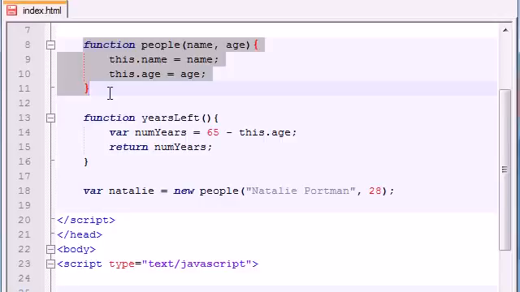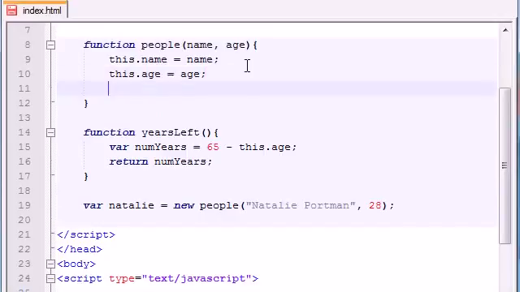Simple enough. But it's saying, alright, here is the blueprint for the object, so how does this object know to use that function? Well, it doesn't just yet, so that's what we have to do in this next line of code. In order to tell this object that we want to use this function, or in order to tell it that this function is not just a random function, we actually want to associate it with this object. Here's what we need to do. Just like every other object property, you go ahead and assign this dot, and then you write whatever you want your property to be named, and just go ahead and put